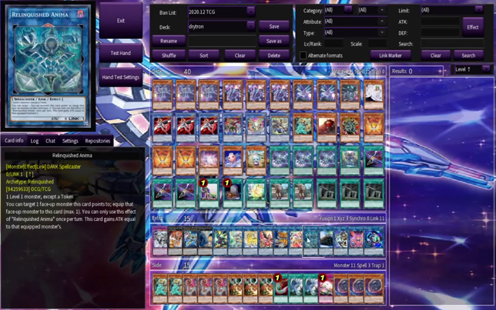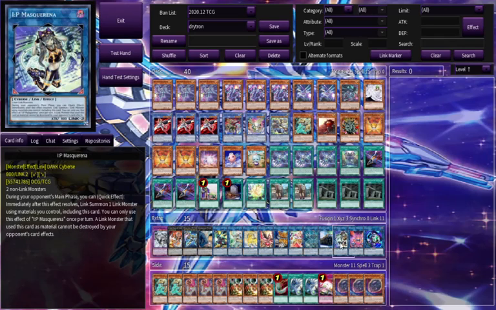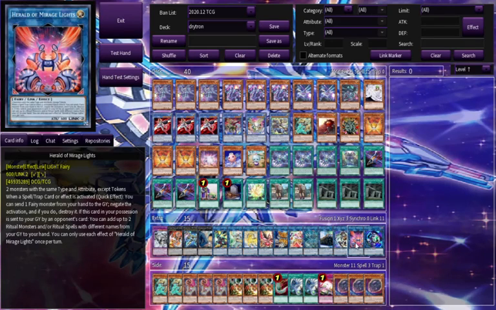Then we have Union Carrier for the combo, just because it's a generic link 2, and obviously it link summons on your opponent's turn, which is strong. Then you have Herald of Mirage Light. It negates spells and traps, just like Perfection in a way. However, if this card in your possession is sent to the graveyard by your opponent's card effect,